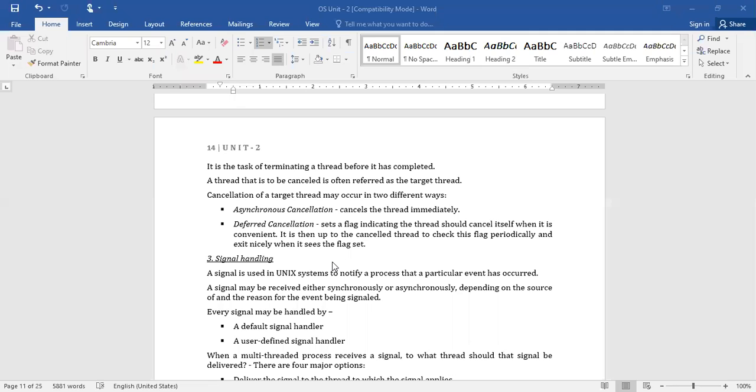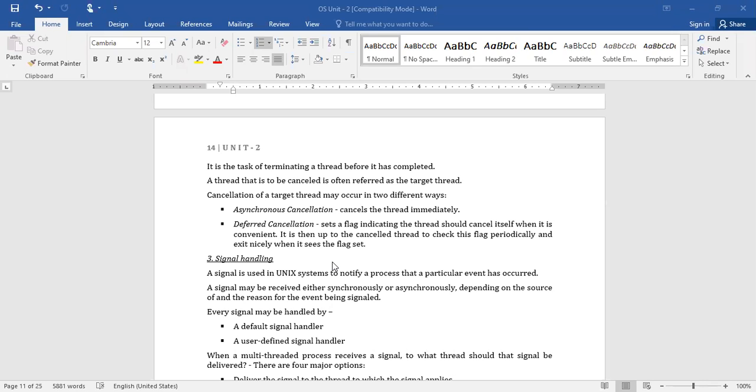Just imagine it like an interruption. We are busy executing some task. If some other event has to be started at that moment, what happens in that case? Somebody interrupts you to stop this execution and start the new event, right?